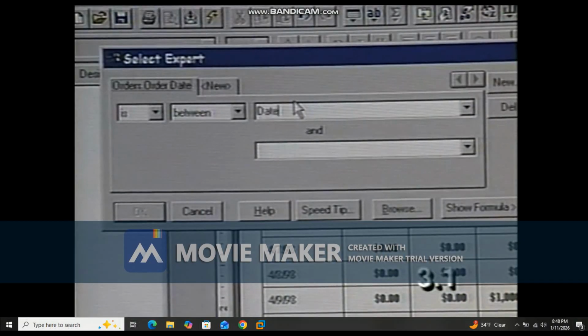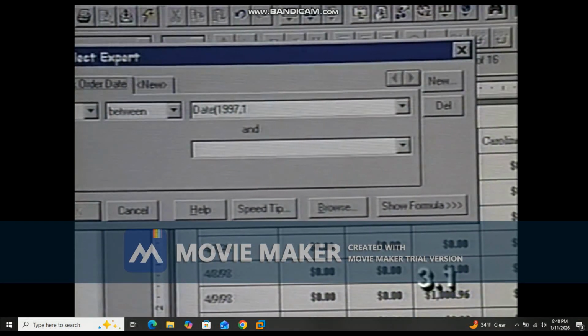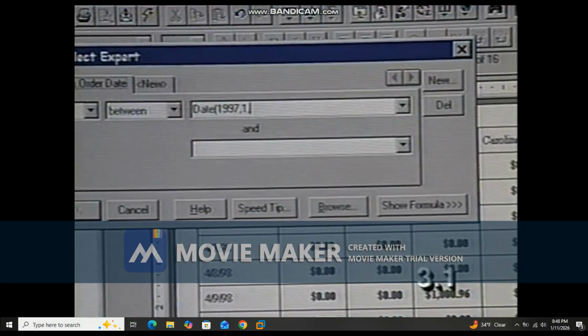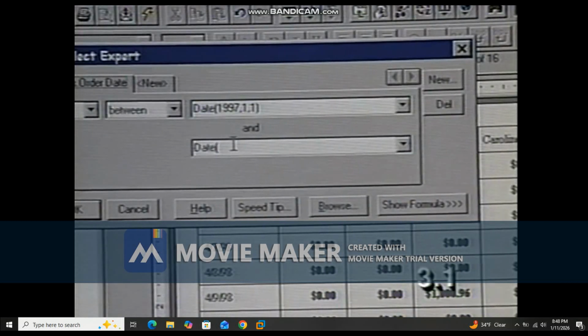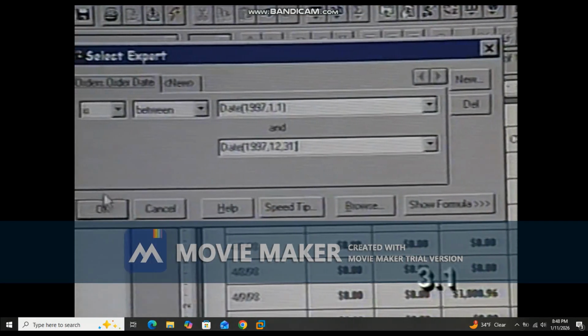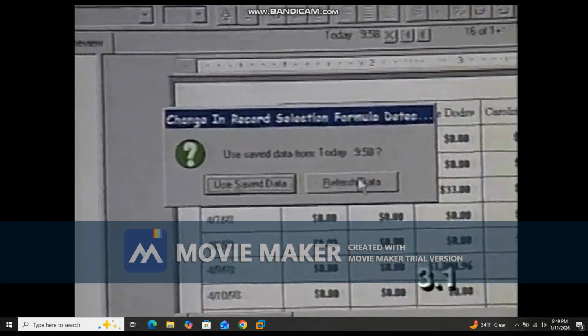What I want to do is look at all the orders that occurred in 1997. So I'm going to select date 1997, 1, for the start date, and for the ending date, I'm going to select date 1997, 12/31. Now that I've done that, I'm going to go ahead and click OK. I want to refresh my data,